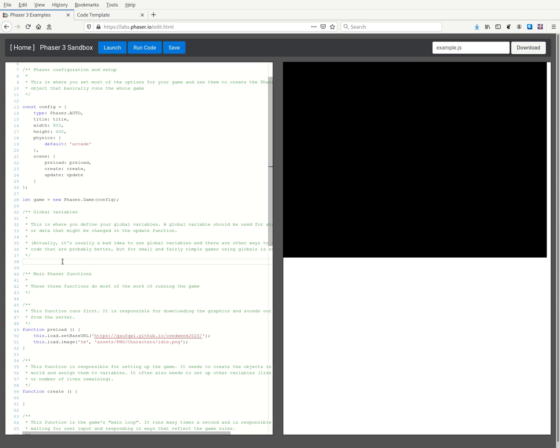So we're going to create a global variable here, and later in the tutorial we'll create a few more. So I'm going to say let tm. That just creates a variable and makes it global. We're not going to give it a value yet. We're going to give it the value in the create function. So here we're going to say tm, not let, because we're not creating a new variable. We are going to actually use the variable, the global variable we just created, equals, and then this